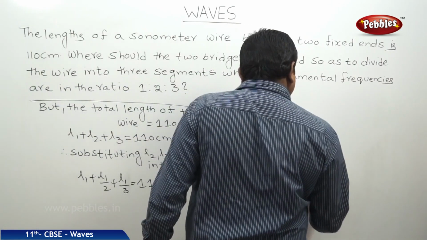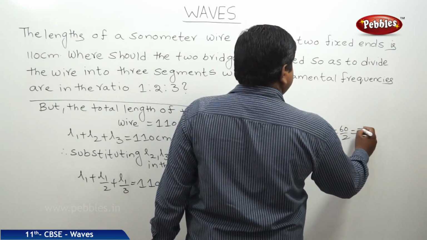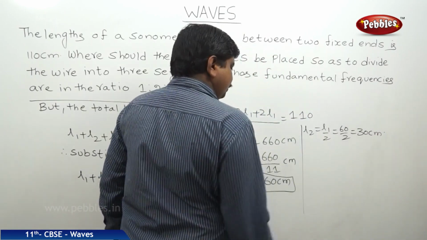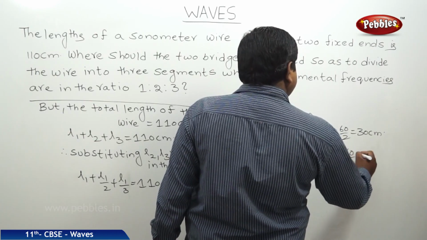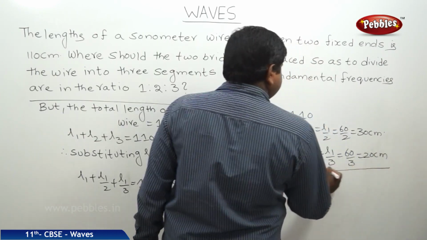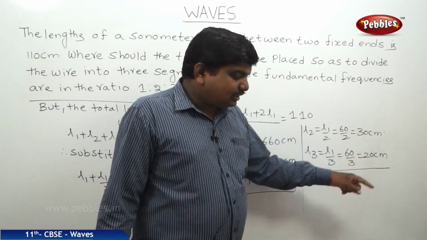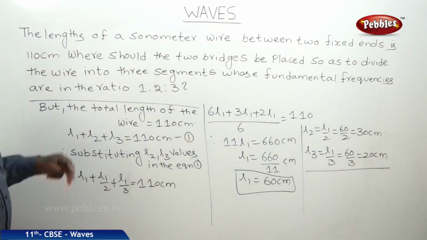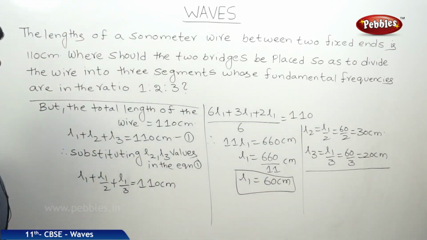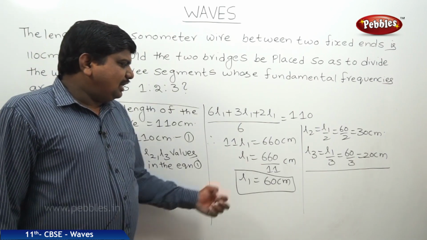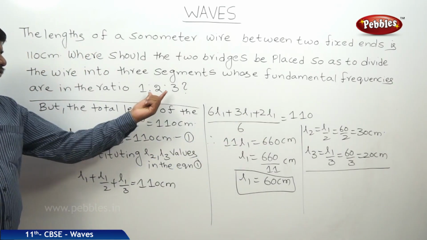Then what about L2? L2 is equal to L1 by 2, nothing but 60 by 2, 30 centimeters. And L3 is equal to L1 by 3, that is 60 by 3, 20 centimeters. If you cross check the answer, 60 plus 30 is 90, 90 plus 20 is 110 centimeters. So it is accepting the answer. The lengths should be 60 centimeters, 30 centimeters and 20 centimeters. Whenever the bridges are placed at these distances, the frequencies are